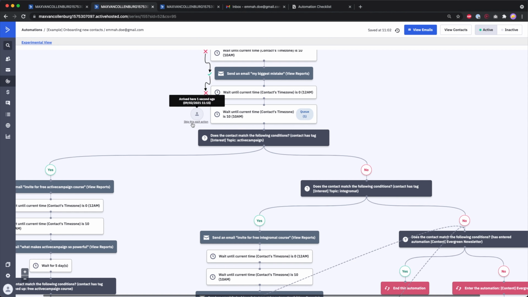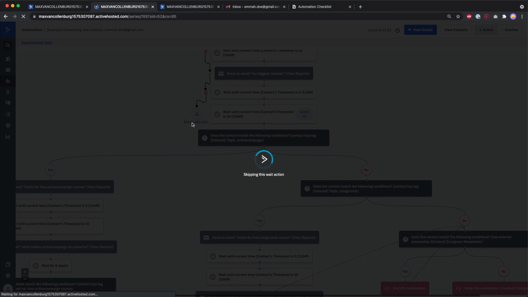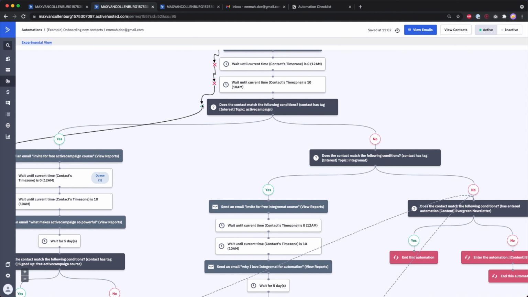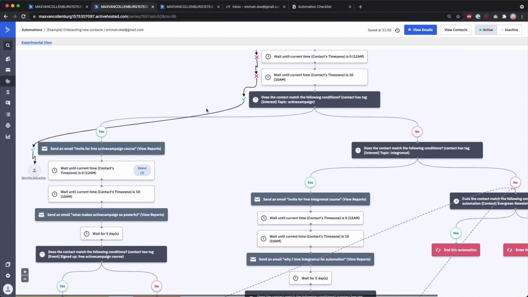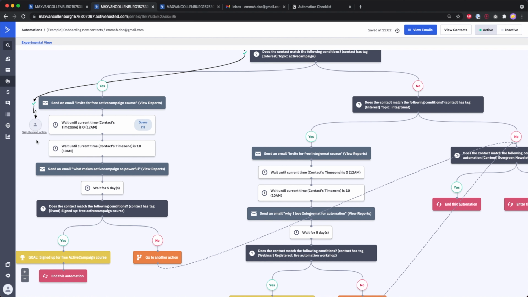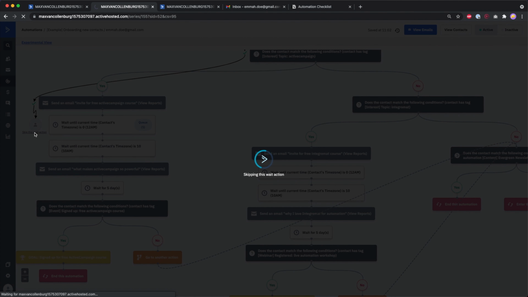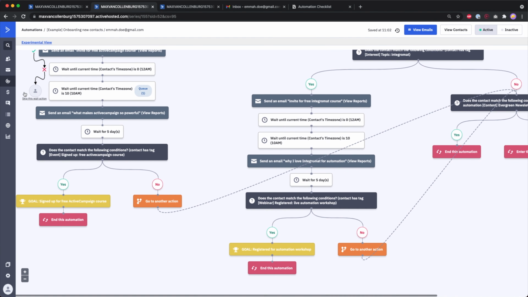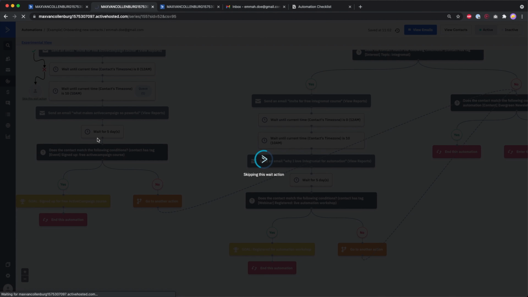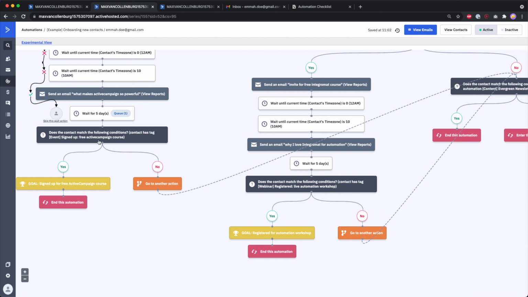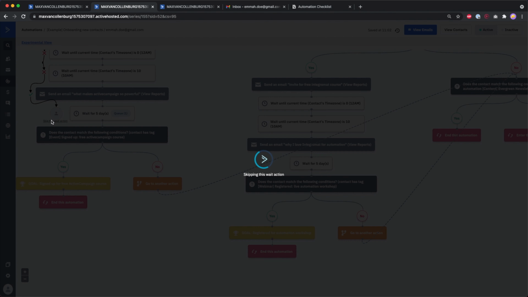And then I click here, skip this wait action, and then we can see what the automation is doing, how it's progressing here basically. So then you see over here, we have like a little check mark. So it's passed this step, and then you see that it followed the yes path because this tag exists. And this is basically how I would test the whole automation. So then here, we skip the wait action again, and then we go over here, we skip this again, and then if you want, you could maybe also add the tag event signed up for free ActiveCampaign course, so that you can also see if it's really jumping to that goal, right? But then for now, I'll just do this quickly.